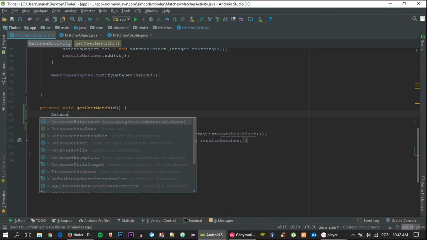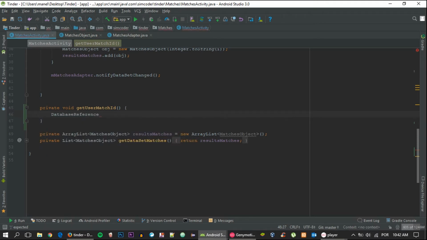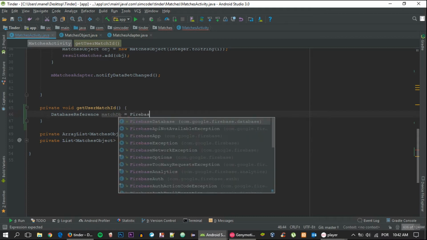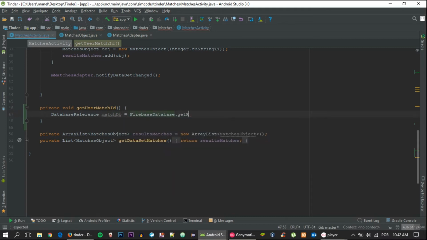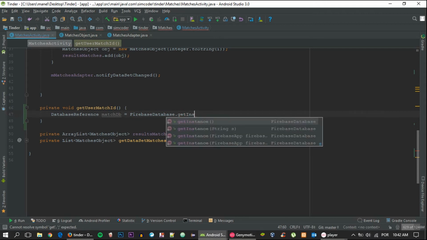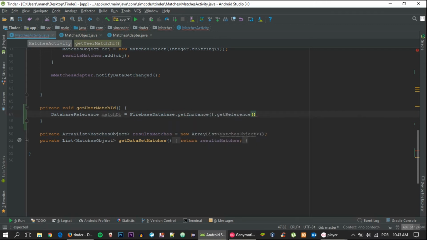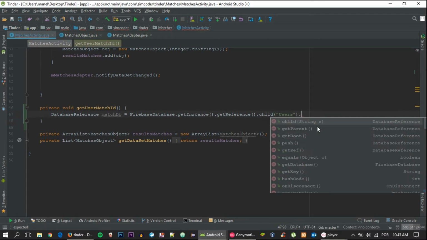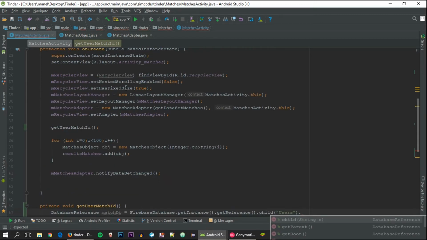So the database reference will be match db equals to Firebase database dot get instance, I'm sorry, dot get reference dot child users. Now let me just grab the Firebase database so that I can see what's the location of it. Dot, and we need the current user